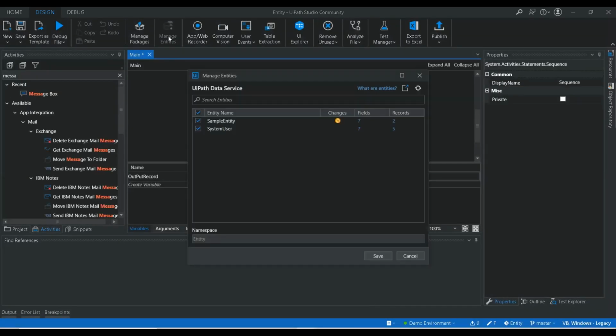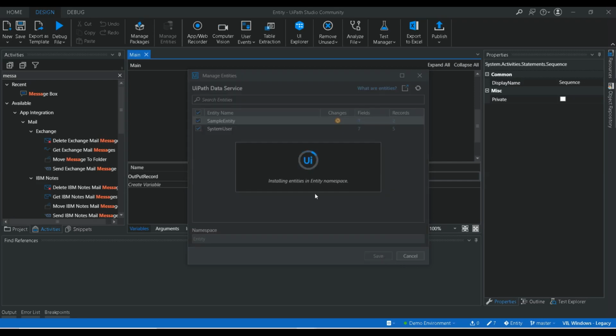Okay, going to manage entity. Here you can see a new change is there. New entity version will be imported and updated into your project. Okay, so we have selected that. Click on save. Okay, so it will update the new changes from orchestrator to Studio.